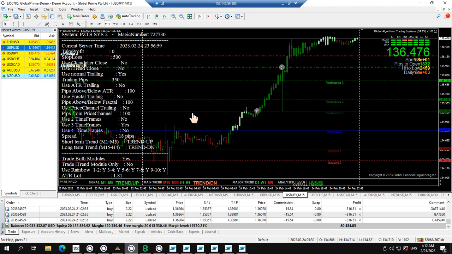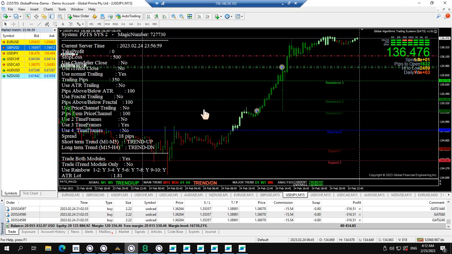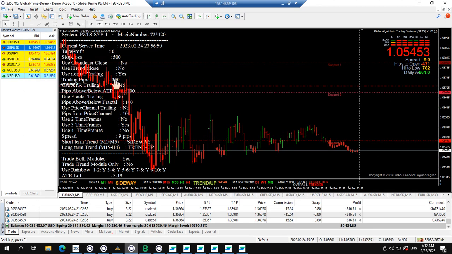Okay, so I was saying that for all the system for this strategy, we are using the same risk management, same parameters right through. Okay, now I want to demonstrate a few things here. The effect of the normal trailing stop. If you look, the normal trailing is this line. We are locking up